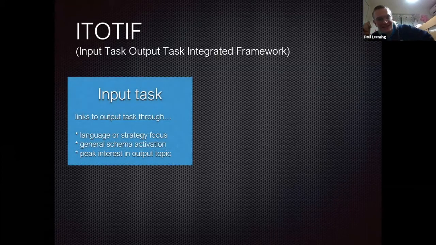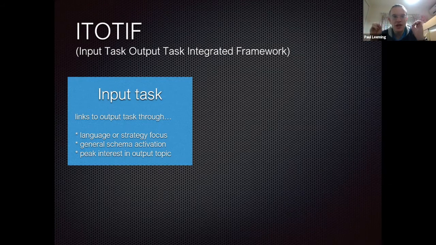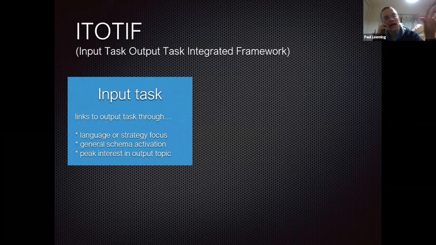So what this is, in the same way that Willis and Willis 2007 will introduce a reading task, it follows the task cycle. So you'll have a pre-task, for example, read about, or it could be talk about. The pre-task would be some kind of guessing game, often with a reading, where you'd have the students guess about what they're about to read. The students then read the task, and then there would be some kind of focus on language or strategy, schema